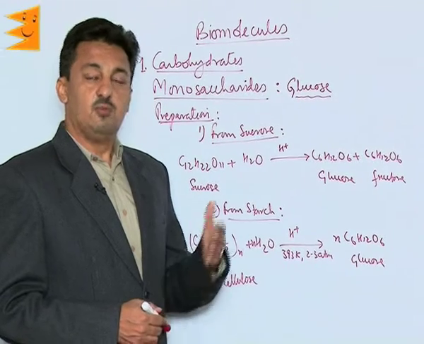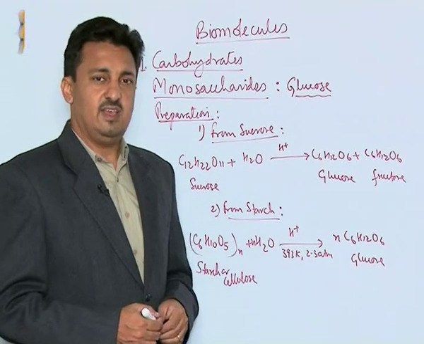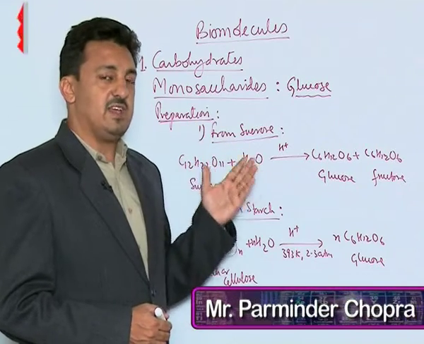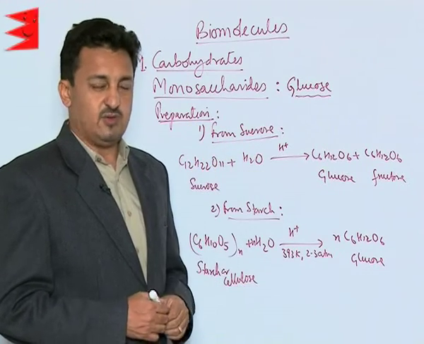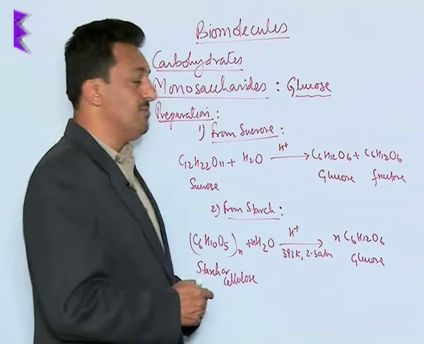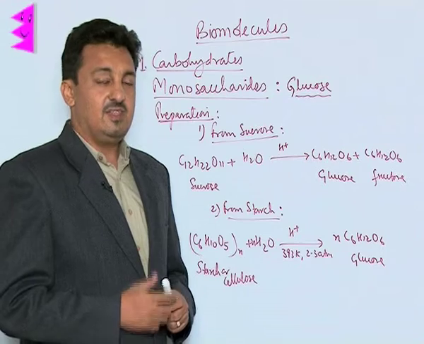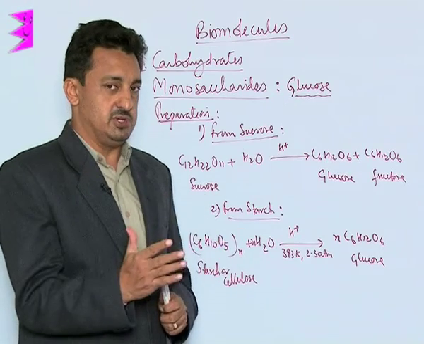Now let us move into the details of the carbohydrates, and we will first study the monosaccharides. In the monosaccharides, glucose is the most important one, but what we need to know is that since the monosaccharides are the single smallest unit of the carbohydrates, they can be aldoses or ketoses. So remember,